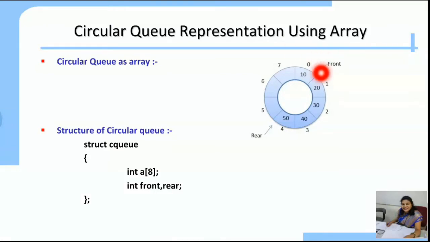So we require one array A of 8 and two variables front and rear to store the index value of the array. So front and rear of the integer type. The data type of the array is integer. Why? Because this circular queue contains the data which is in integer form.